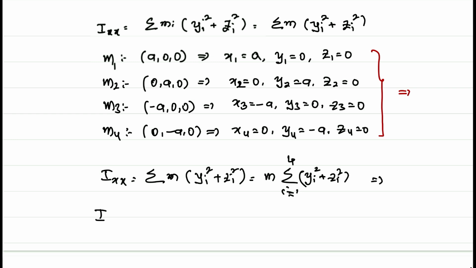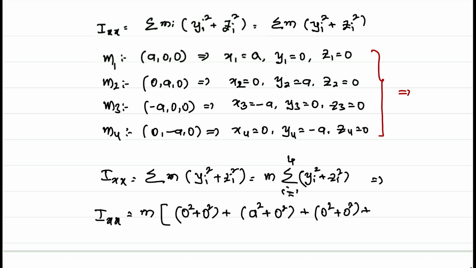That implies Ixx is equal to m into, when i is 1, y1 square is 0, z1 square is 0, 0 square plus 0 square, plus when i is 2, y2 is equal to A, z2 is equal to 0, that means A square plus 0 square, plus when i is 3, y3 is 0, z3 is 0, 0 square plus 0 square,